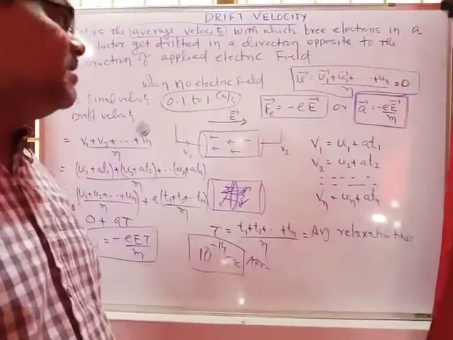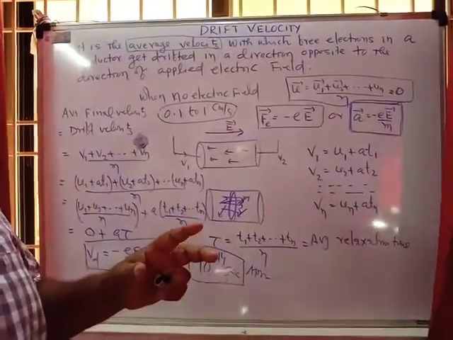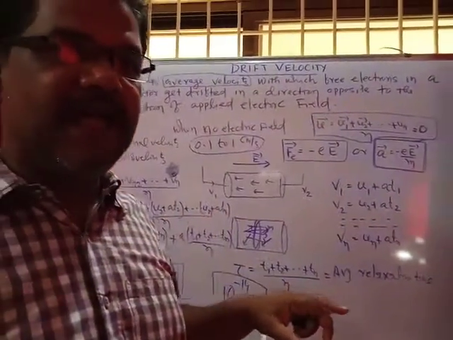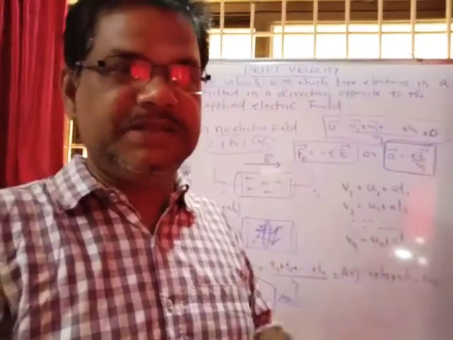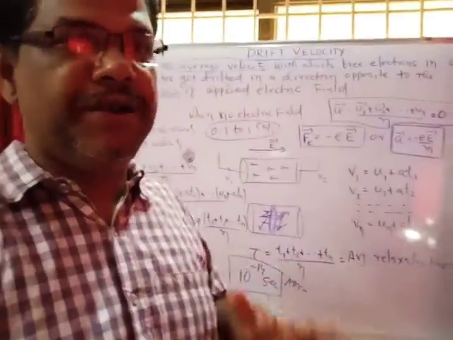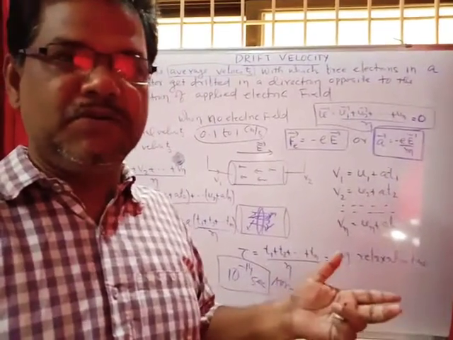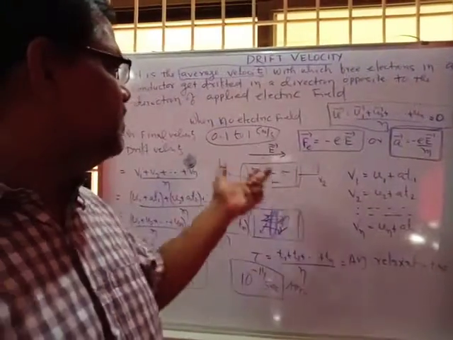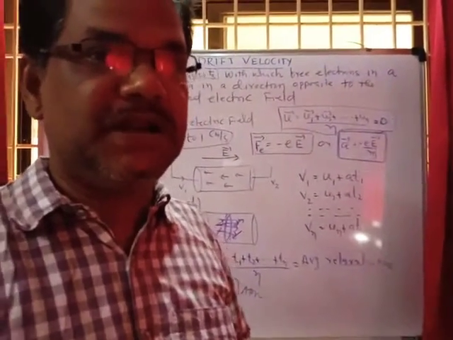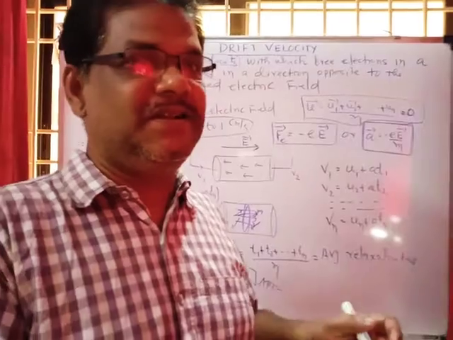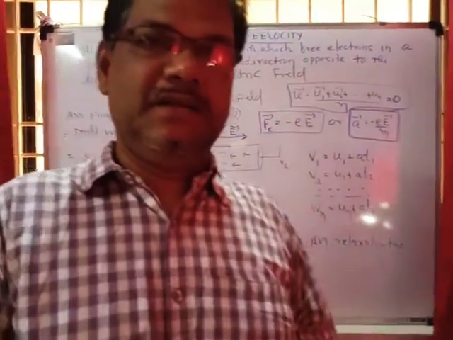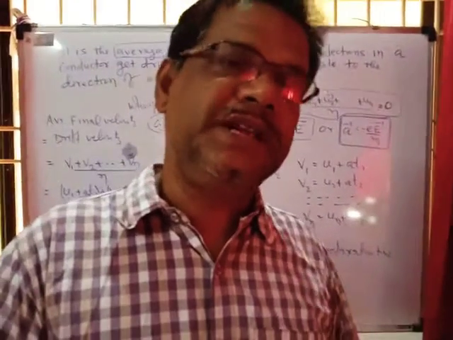In the next video I will clear your confusion that the drift velocity of electron and the electric current set up through the conductor are not equal. Drift velocity of electron is about 1 centimeter per second, and the speed of the current is 3 into 10 to the power 8, equal to the speed of light. Whenever I find the relation between current and drift velocity, in that video I will discuss this.